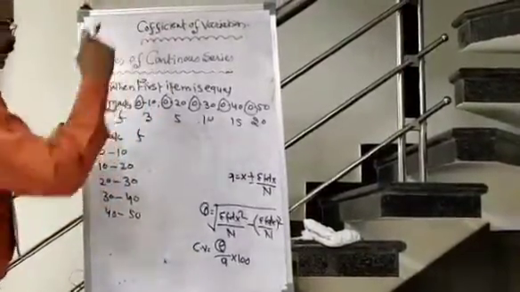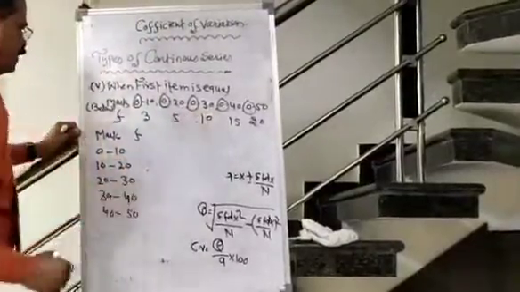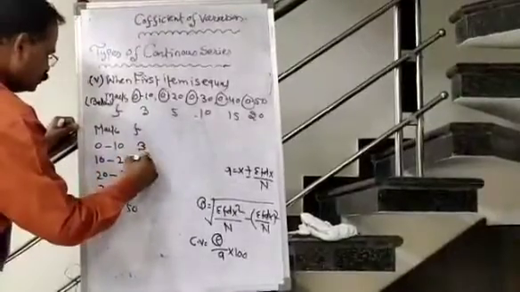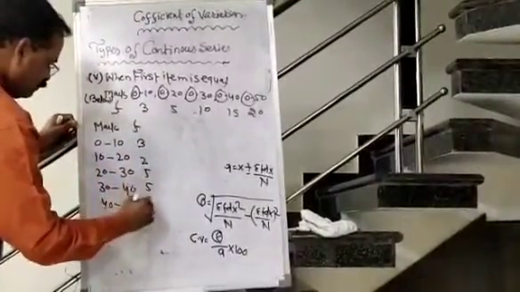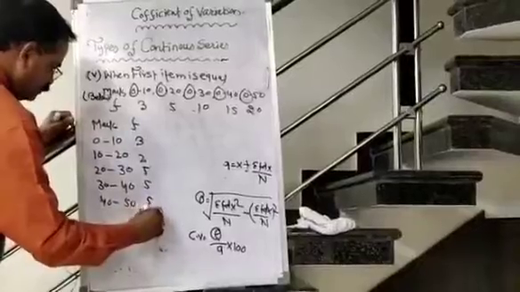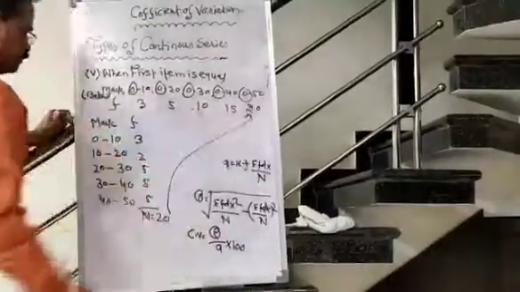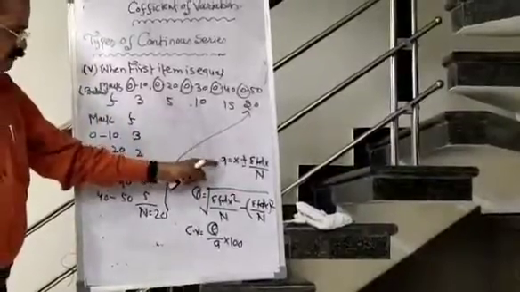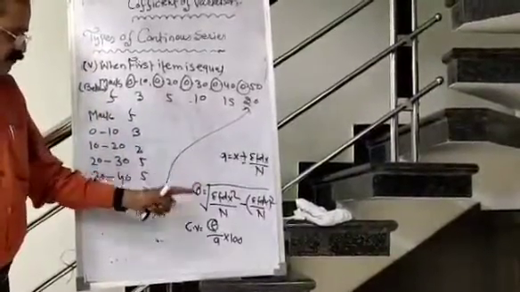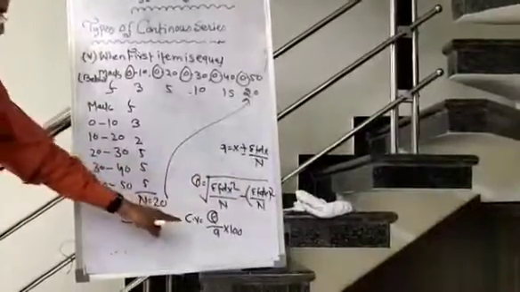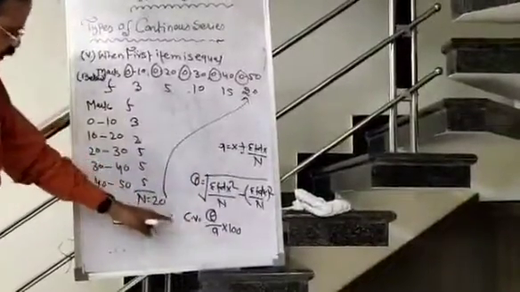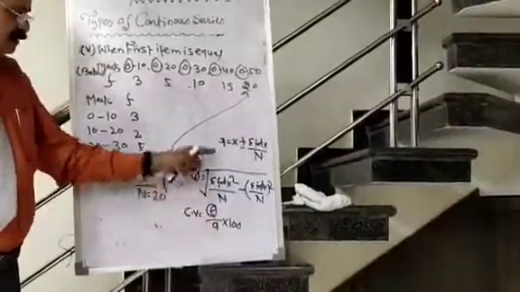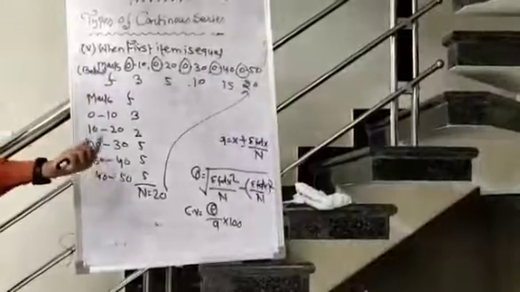Frequency: if the frequency is given in ascending or descending order, then we should convert, otherwise we should write it as it is: 3, 2, 5, 5, 5, and this total will be equal to the last frequency given in the question. Then we should use the mean formula and standard deviation formula. After finding the mean and standard deviation, we can find the coefficient of variation on the basis of the standard deviation answer and mean answer, and the answer will come in percentage. Thank you.